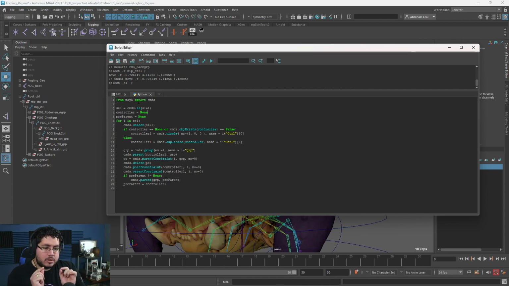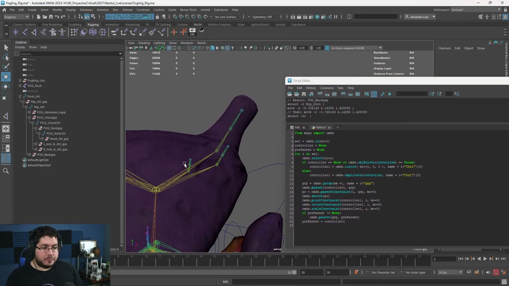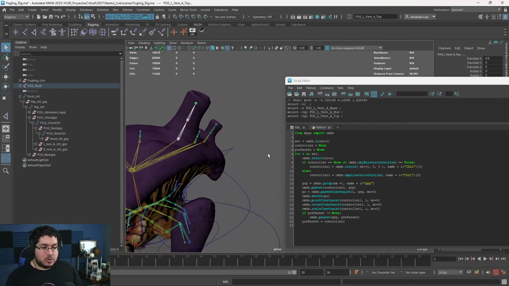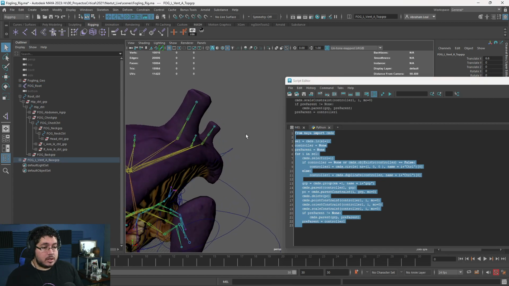But what I mainly want this to do is control the point constraint, the orient constraint, and in this particular case, also the scale constraint. So to do that, I'm literally just going to grab this line here. You're going to have to do this on your own, because the code that I'm going to give you is without this line. And instead of calling this orient constraint, I'm just going to call it scale constraint, which is the command to do a scale constraint. So if my idea is going to work, it should be working properly, but let's give that a go. Let's grab this whole thing and just run it.